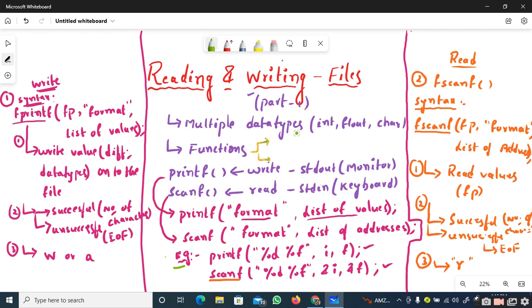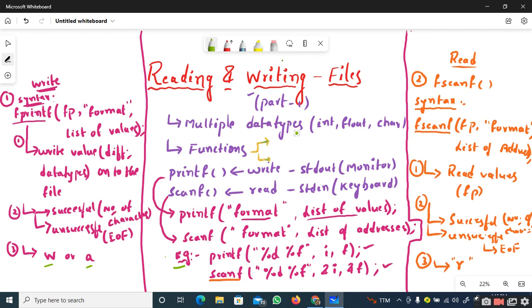We have seen the syntax for both printf and scanf, and an example. Then we went through the syntax of fprintf, which accepts three parameters: the file pointer, the format specifier and the list of values. We discussed that fprintf can be utilized only when you open the file in write mode or append mode. Similarly, the fscanf function also accepts three parameters: the file pointer, the format specifier list and the list of addresses, and it is used to read the values from the file.